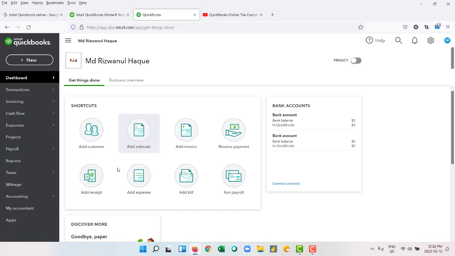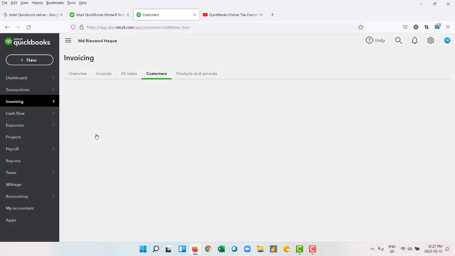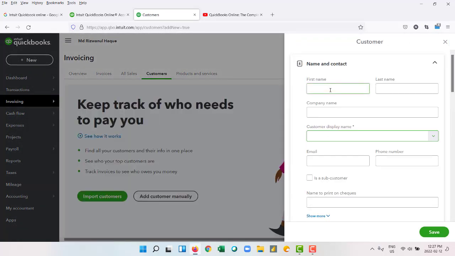Add estimate, and add a bill. I will show you one by one. So, add a customer account. If I just click add a customer account, suppose I have a customer called